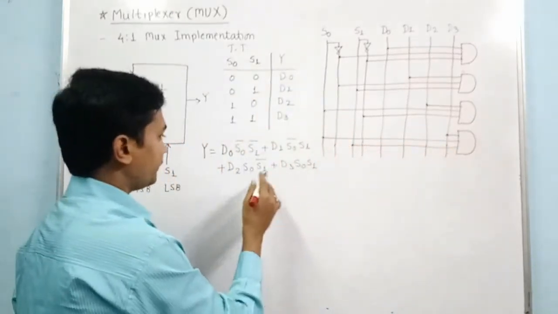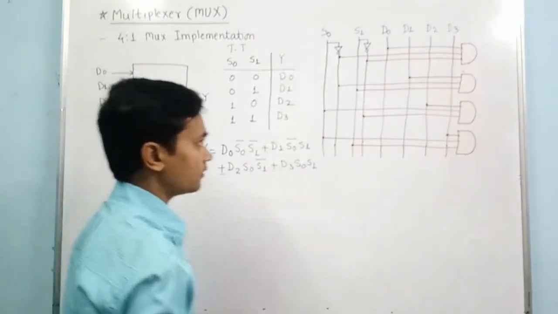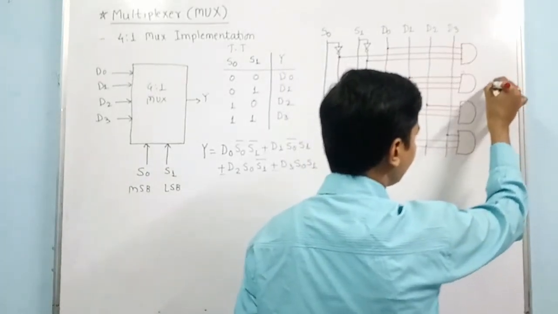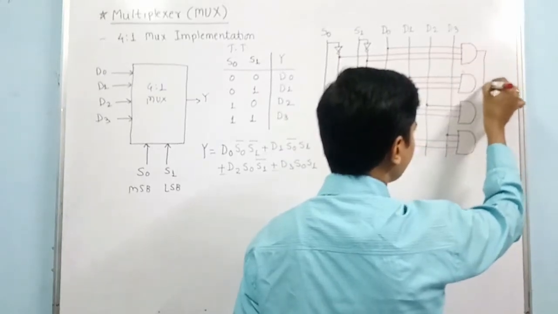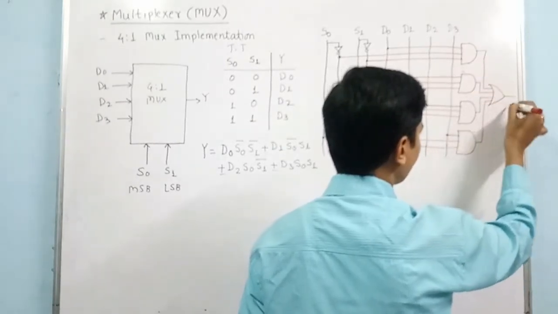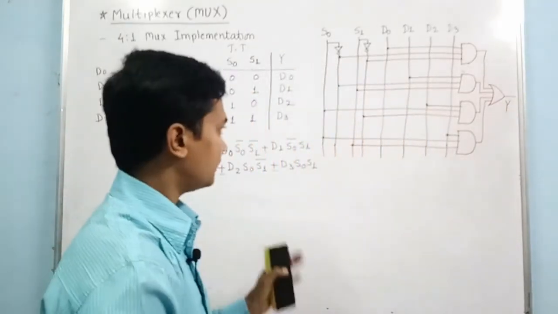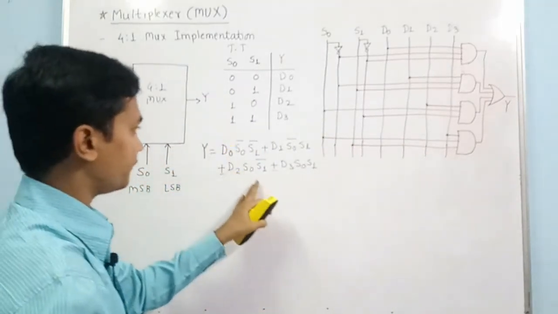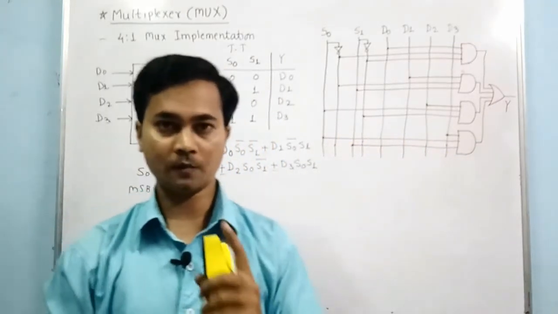and finally we have to perform the OR operation. Okay, so that is shown by the plus signs. So finally the OR of all the outputs of ANDs should be performed. Okay, so this is our Y. Okay, so this is how we can implement the 4:1 multiplexer using this truth table, this equation, and finally our implementation. Now we will see one problem on multiplexer.